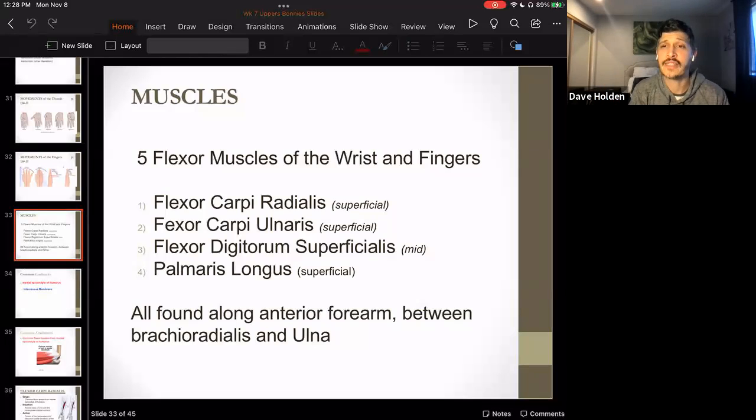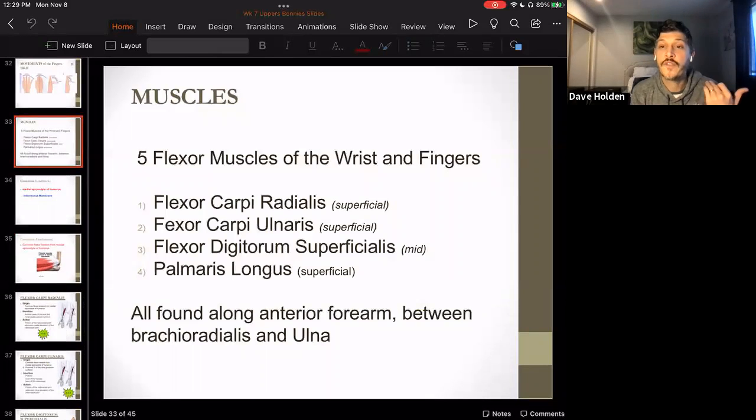And last, we have palmaris longus. Palmaris will be found in the palm, and it's a longer muscle, so it's longus. Wherever there's a longus, there's a brevis. So there's a palmaris brevis in here as well. I don't think we're going to cover that particular one, but